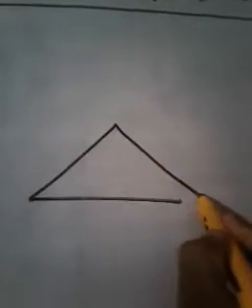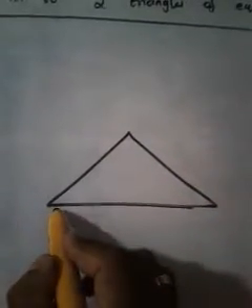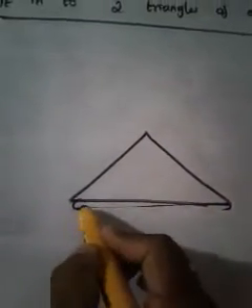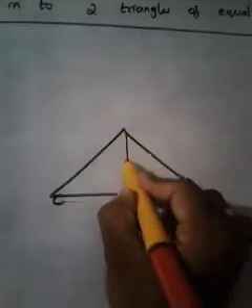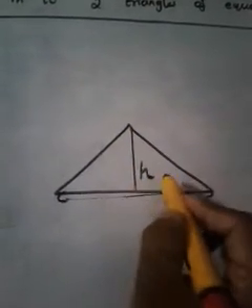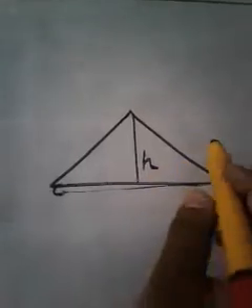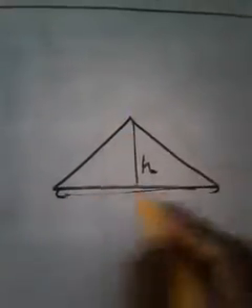Okay, so the next theorem is a very important theorem. So before going to prove that, let me discuss something with you. Okay, are you ready? You just consider a triangle like this. Which is the base here? Obviously this side you can consider as the base, no problem in that. Then the height you can draw in this way. Any problem? No problem, isn't it? And this is the height and this is the base.